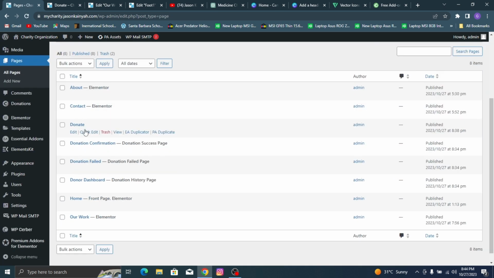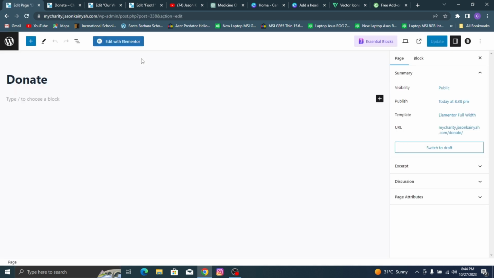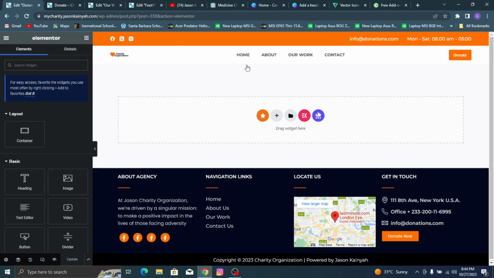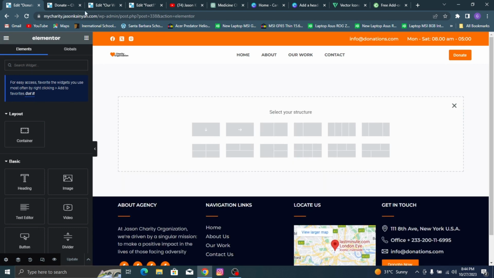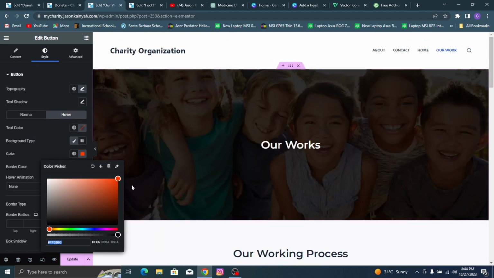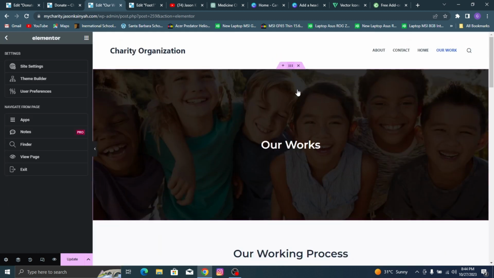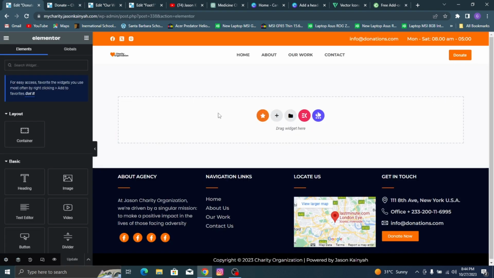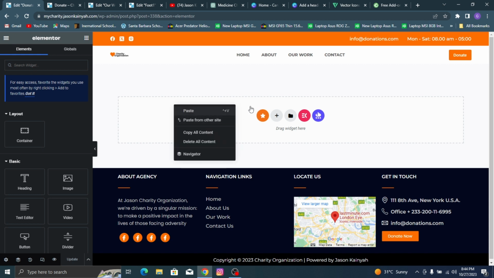Then for the donate page, just click edit, and then here we'll click edit with Elementor. And then once that has loaded, just click on this. Hold on, I feel like we can copy what's here. Yeah, we don't have to create that all over again. So just right click, click copy, come over here, and then let me close this, right click, hit paste,